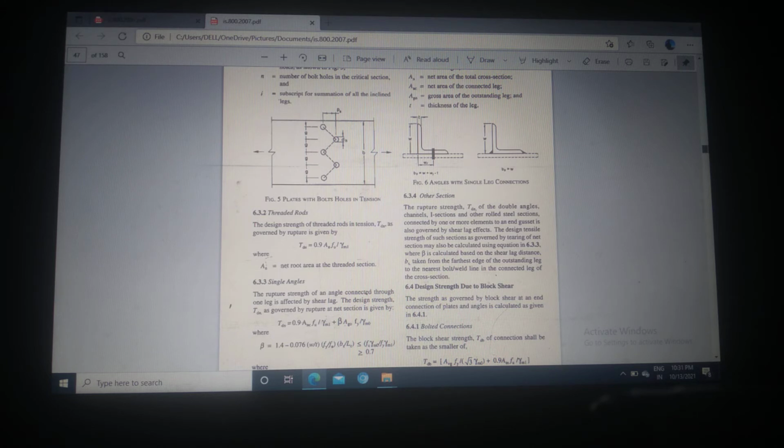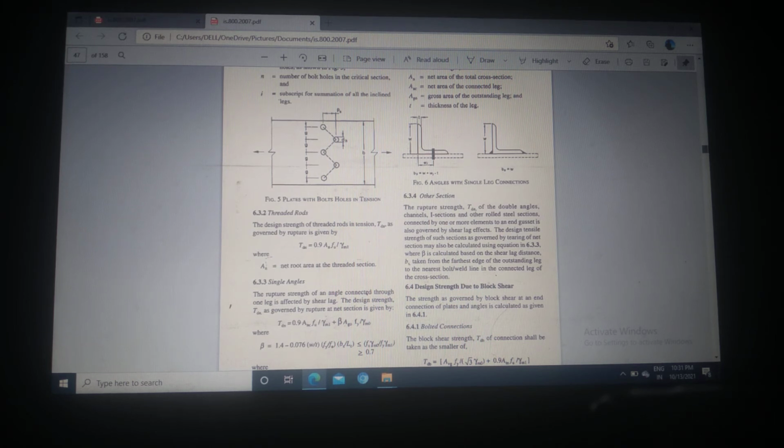We are taking the whole area in case of gross area. In case of net area, we are subtracting the area occupied by the bolt holes from that gross area. Okay, so ANC means the net area of the connected leg, AG naught means the gross area of the outstanding leg. So the formula you have to understand,